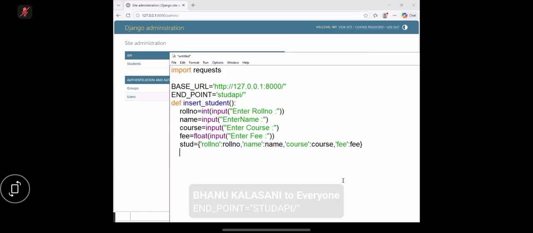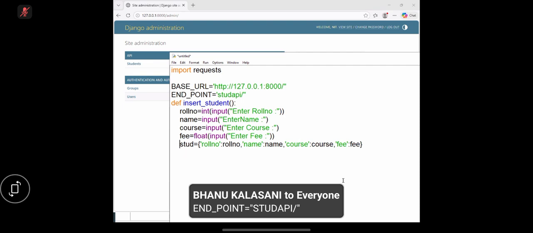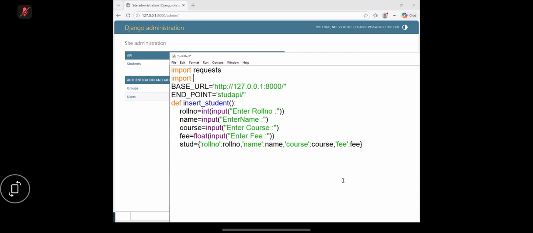But this data is in what form here? A dictionary. You have to convert this dictionary into JSON. So for that, you import the json module and convert this data into JSON format. stud_json equal to